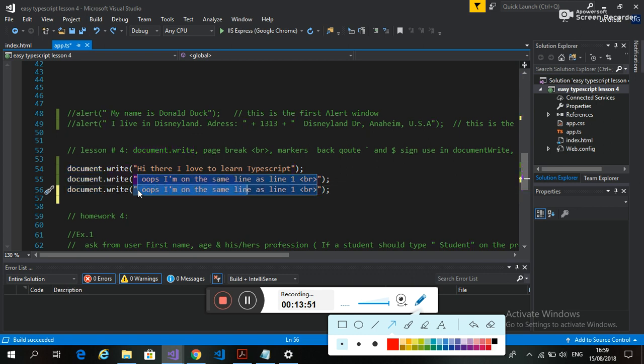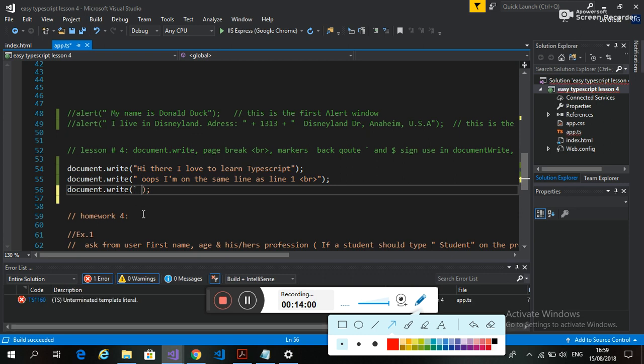Okay, you can go to here and do the backward. Okay, you see the backward, and write hi again. I'm on line number 2, and then you can